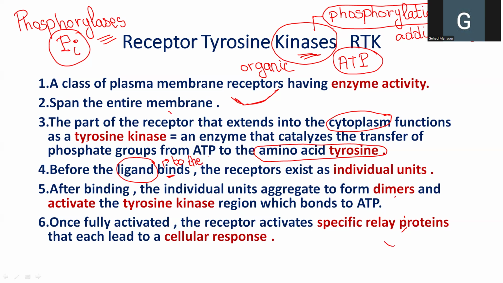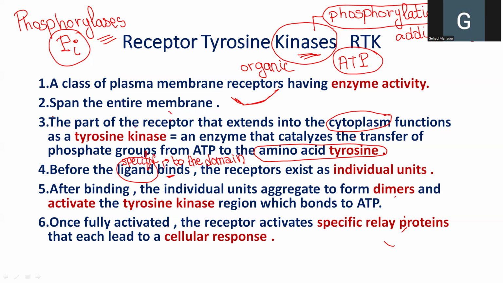Before it binds to the specific domain on the receptor, the receptor exists as two individual units, meaning that it's not one block, not one entity, but is divided into two individual units. But after the specific ligand binds to the specific domain, and notice that I'm using the adjective specific,